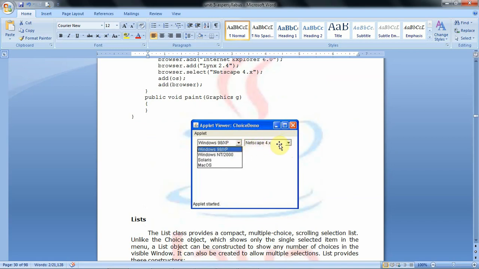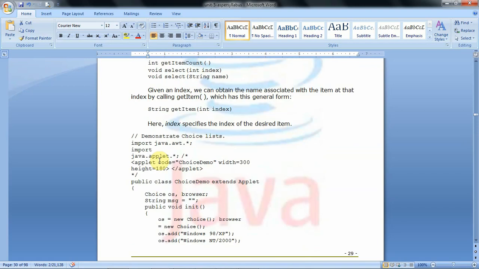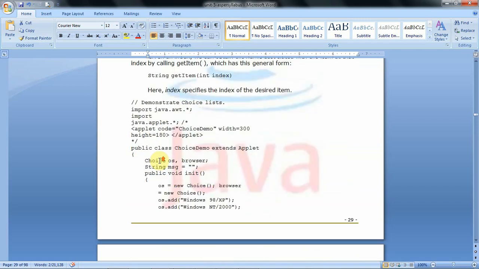Initially that shows only one item. If you click here, a pop-up list is displayed like this, that contains some collection of items. This kind of choice list is created by using the AWT component called Choice.